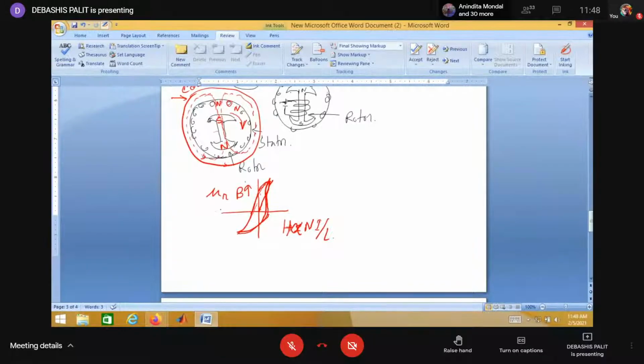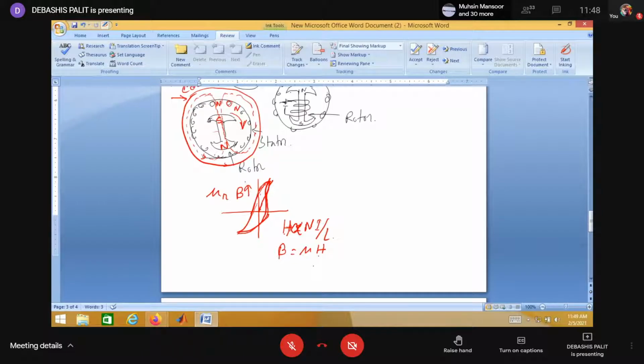You can say that this permeability is not fixed for a magnetic material, and it varies with the flux density. So since current is varying, H is varying, so B equals mu into H. Flux density equals permeability into field intensity. The intensity is varying by variation of current, but flux density is not varying proportionally with the variation of field intensity. So in a magnetic material, permeability varies with the flux density.